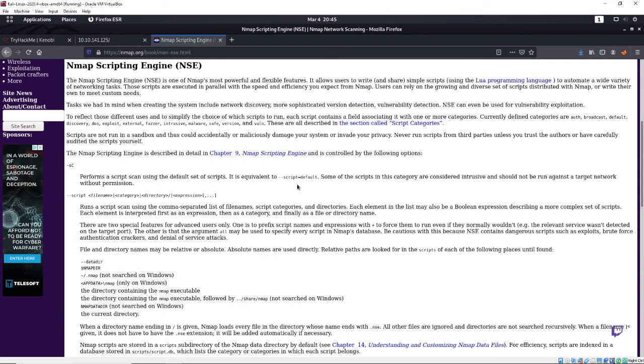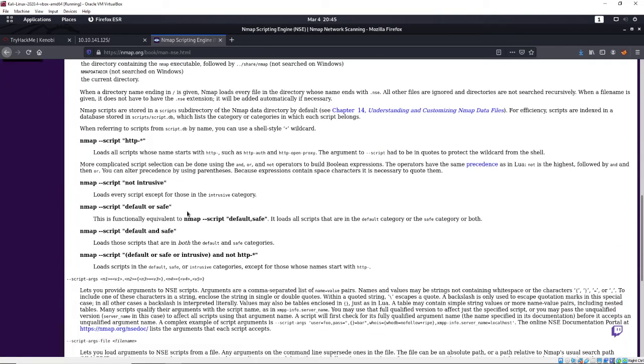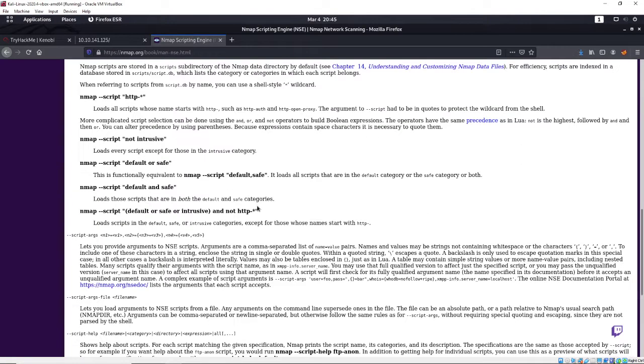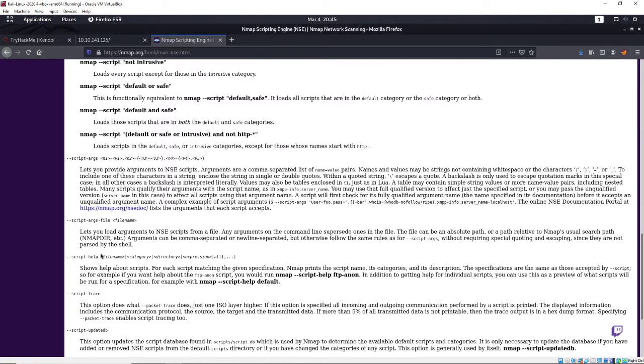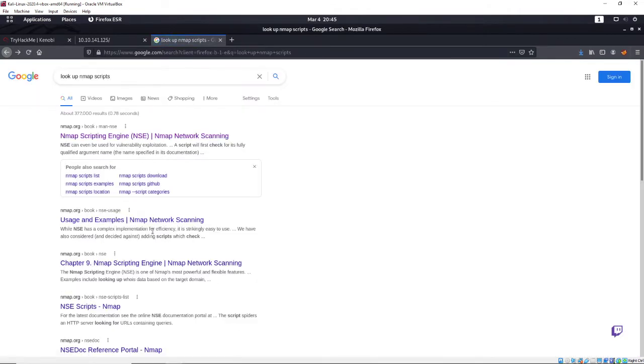So -sC is default, --script default, --script-args, --script file name. Now I want to look up where scripts are located. --script-help shows help about scripts. Let's see what that does. --script-help default. Okay, so we actually have to type in something. I want to see where they're actually located though. Usage examples, scripts,